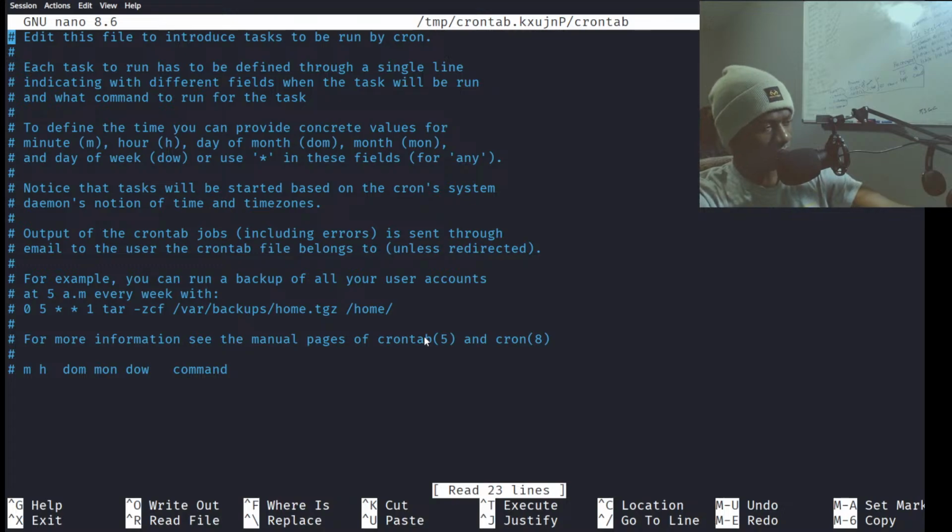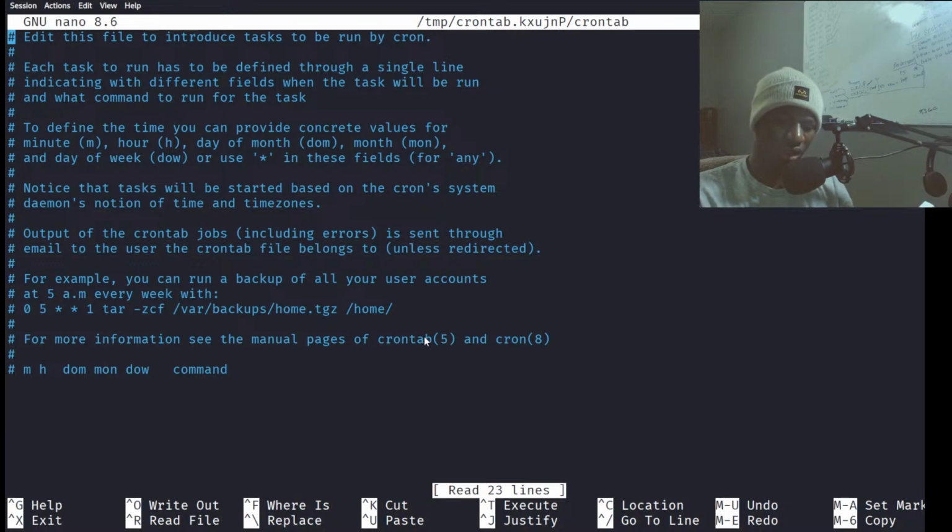Why do we have a day of week? One day of the week? I guess that would be one day every week. I don't know really. One day of the week, and then that would be the user, which is star. And then is that the command? Let me see. Field 5, day of the week. Is that the command or what? Slash home. I don't really know.